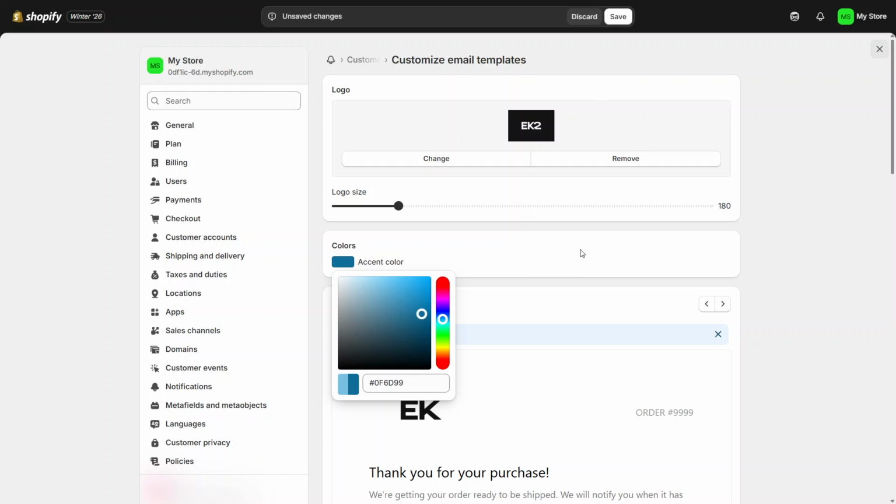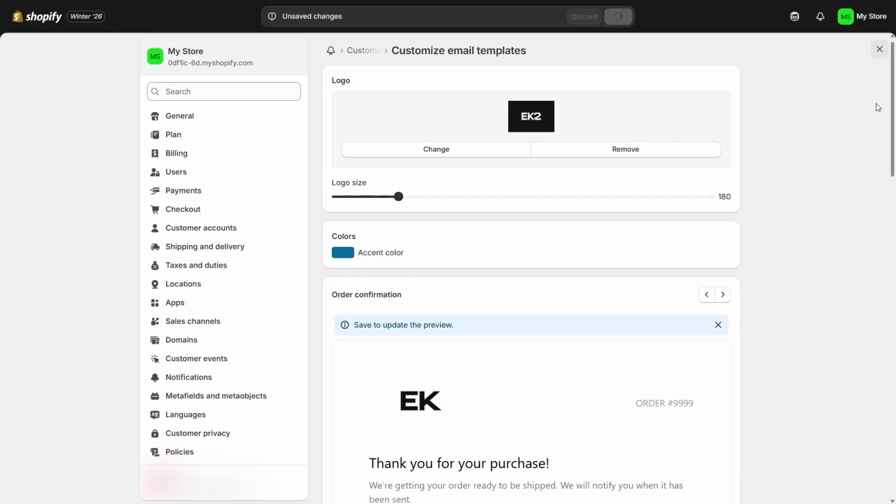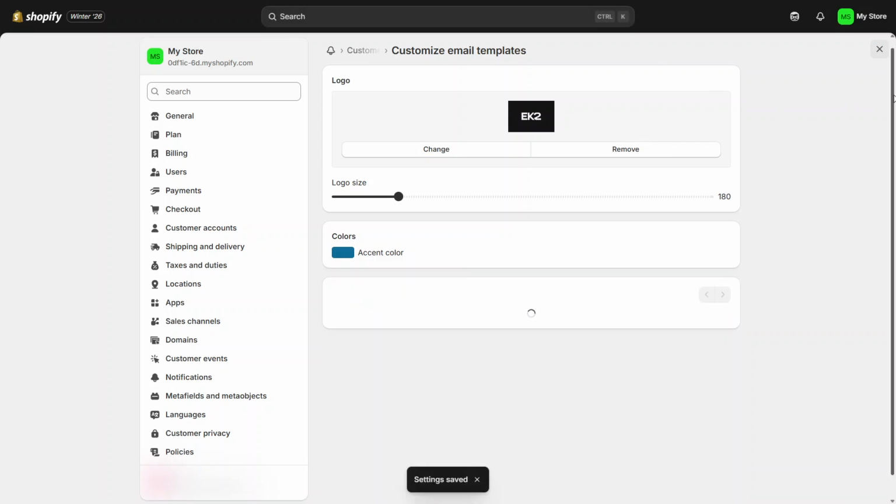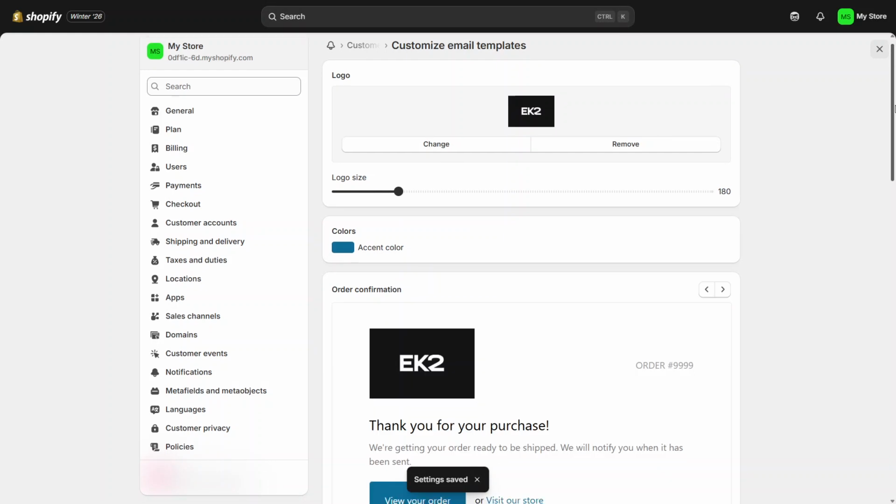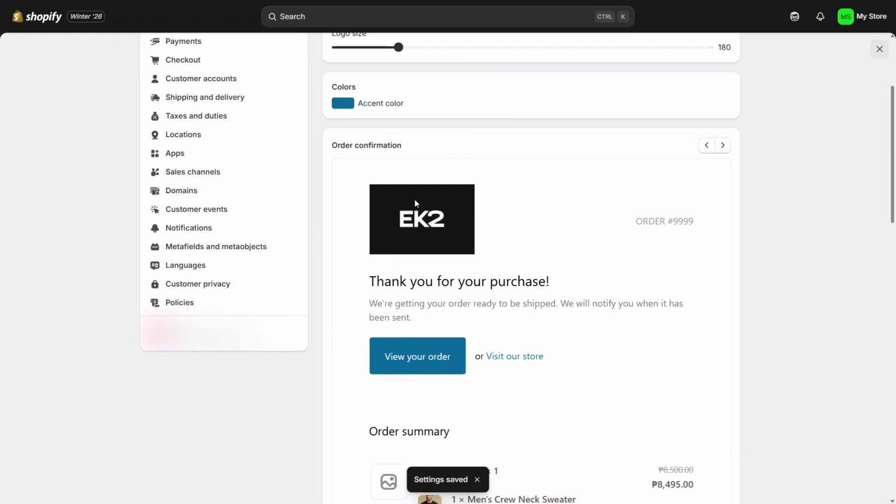rest of your store. Once you've made these changes, don't forget to click Save near the top, close to the search bar. After saving, scroll down to the preview area to review how everything looks. This live preview lets you confirm that your logo is placed correctly and that the accent color works well with